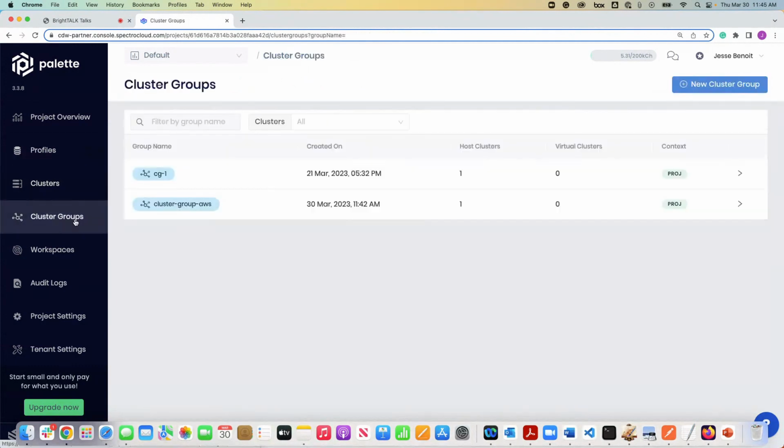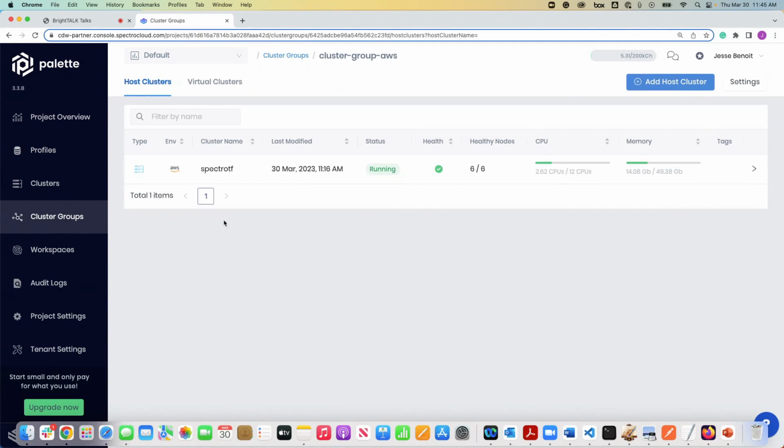Cluster groups, that's a key component here. So in order for Kyle to deploy these virtual clusters, he had to first create a cluster group. A cluster group is simply described as underlying hosts and infrastructure that you can use with the existing Kubernetes deployed, CNI, CSIs, all that deployed, that virtual clusters will sit on top of. So think ESXi node and a virtual machine. The cluster groups are the ESXi node or group, and then the virtual cluster is a virtual machine sitting on top of that. And you can scroll inside and look at different details.